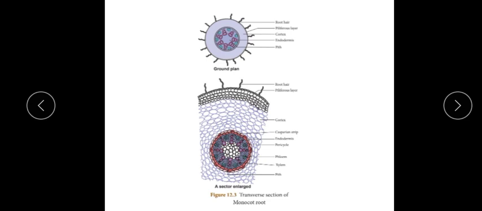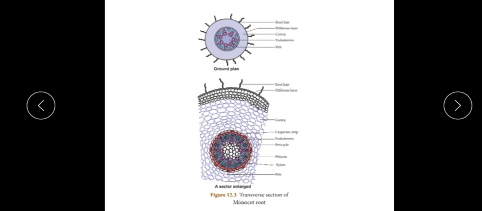Below that is going to be the cortex layer, which you can see is a many layered cortex. It is made up of parenchyma cells, so intercellular spaces are also present here. You can see lots of gaps in this diagram, meaning to say it can store water and food. Now going on to the middle area, here you can see a circular structure where a single layer of cells is present, compactly arranged. That is now called as endodermis.